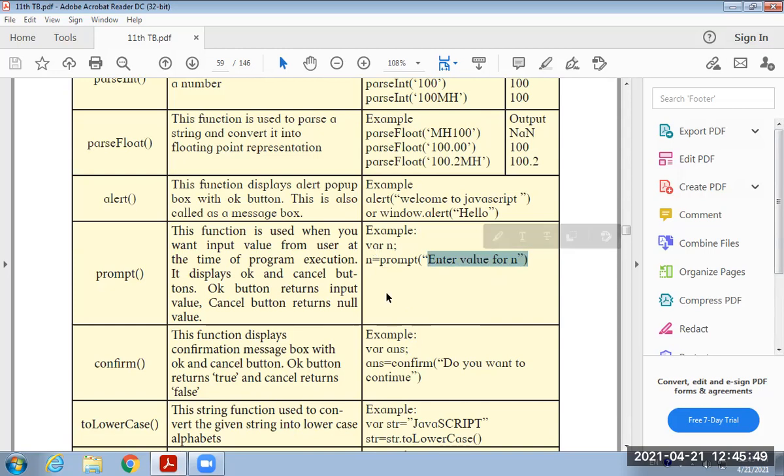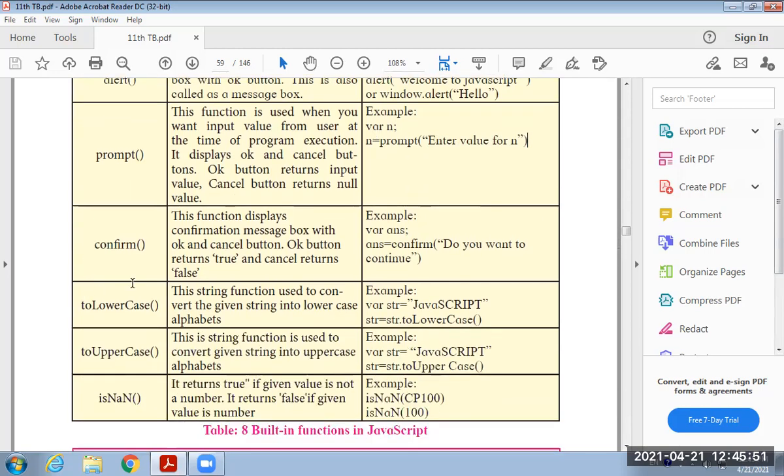Then the next one is confirm. Many times when any file is about to be deleted, the computer system asks us for a confirmation message. In our program we can also perform the same thing.